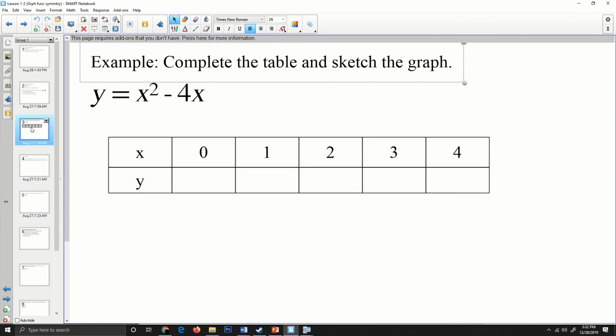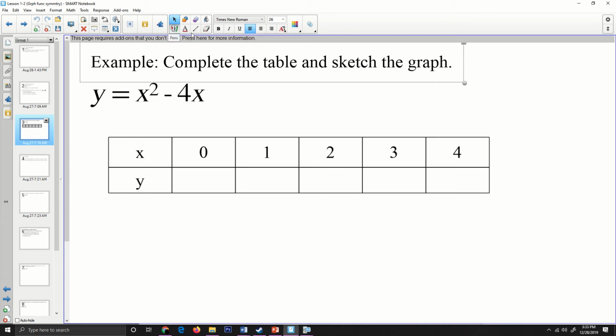So let's talk about a simple example. If we want to complete a table and sketch the graph, what we can do is plot a few points here and make a decision about what the graph looks like. And again, I've picked some points purposely to try and show you some of the issues that may occur with this particular method. And so if we talk about y equals x squared minus 4x, if we plug in 0,